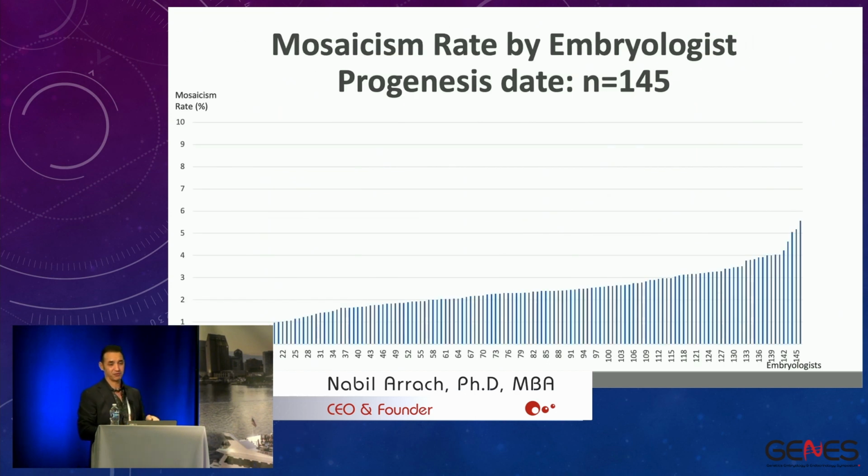Here we're looking at 145 embryologists that use our platform. You can see mosaicism rates ranging from 0.5 to 5%. So, obviously, like Dr. Swain was saying, you can compare two different labs. They may have two different culture systems, some of the labs are more controlled than others. You'll see differences. But we have also seen differences within the same lab between two embryologists, a difference of 3